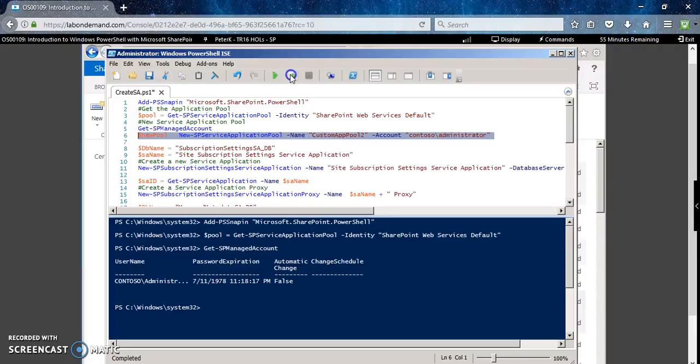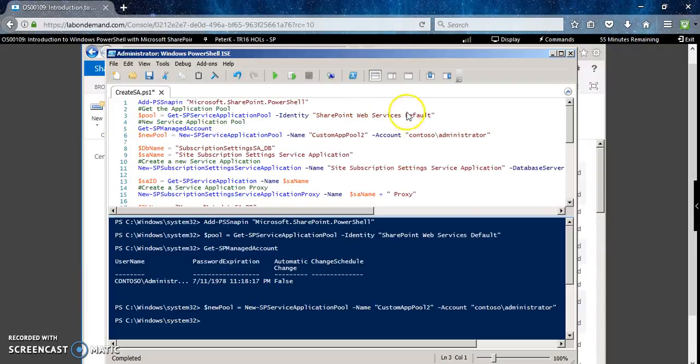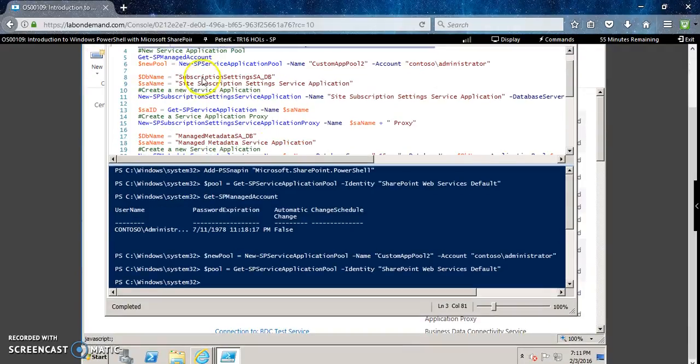So it's all your choice. For now, we'll just reuse the existing service application pool with the name SharePoint Web Services default. Now the service application pool is ready. Next, we need to decide the database name and the service application name. Fine. And we can finally create the service application by using the command New-SP followed by the service application